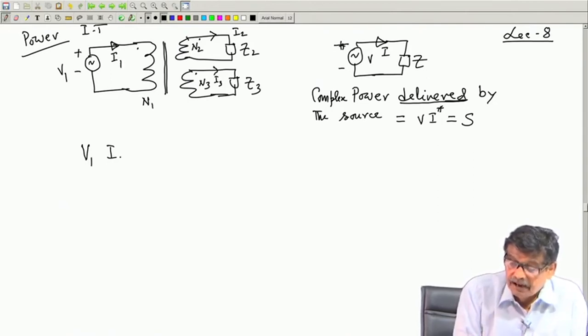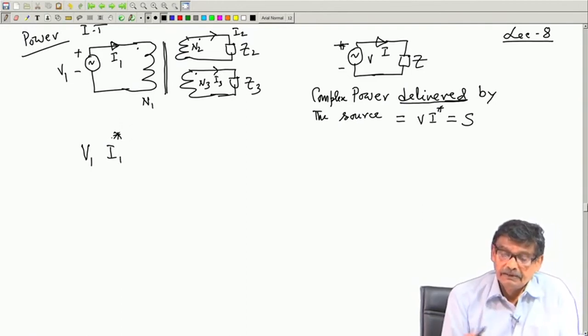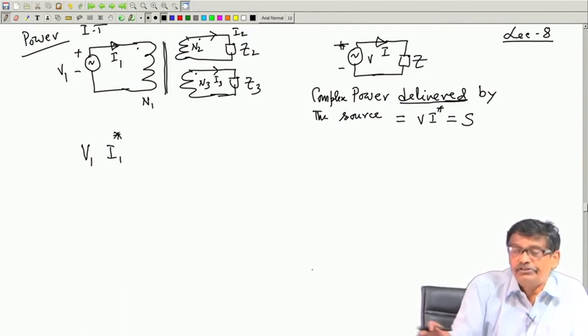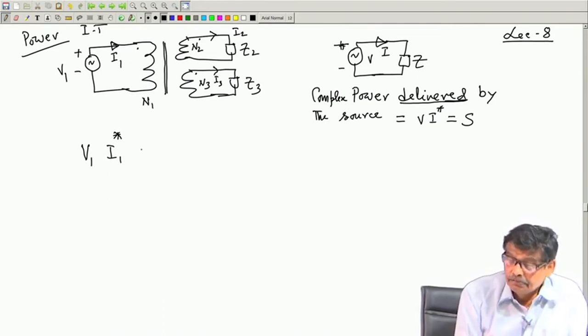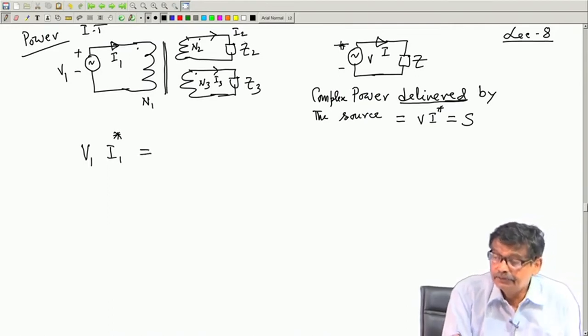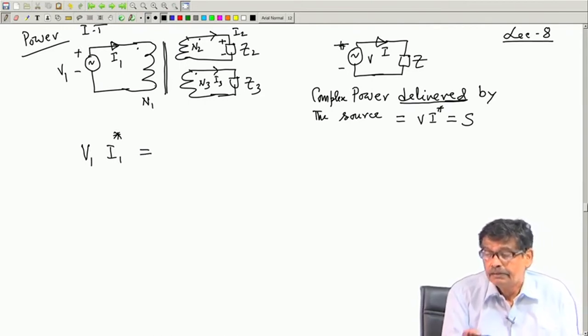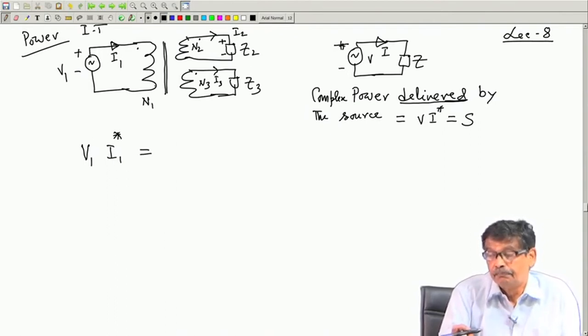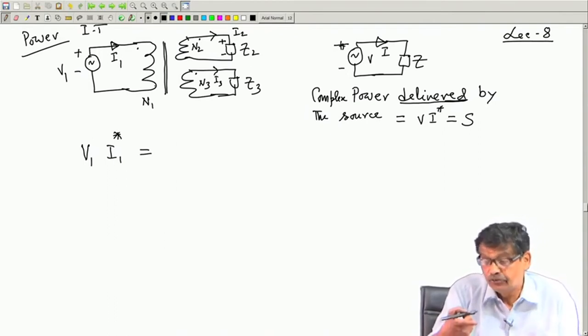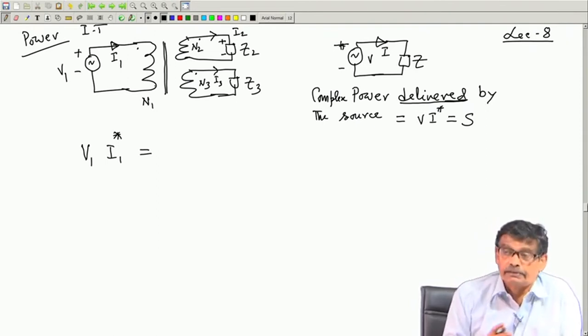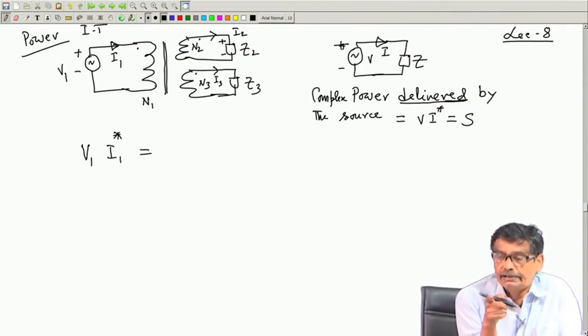V 1 I 1 star is the power delivered by the source to the system, and this must be equal to, see, to the load. If you see, this is the voltage drop, because I 2 direction I have assumed, and the voltage drop then has to be upper one plus, lower one minus. You can select the direction of I 2 in whichever way you like, but once you select that direction of I 2,